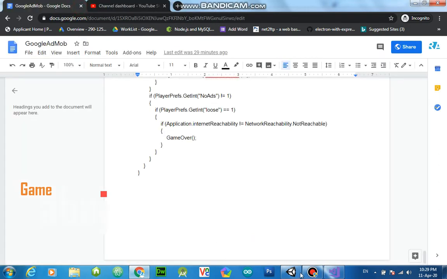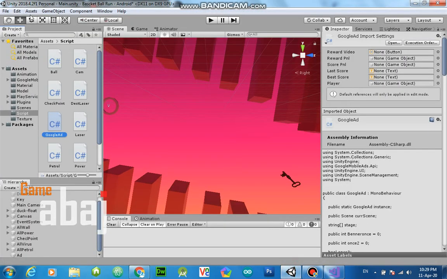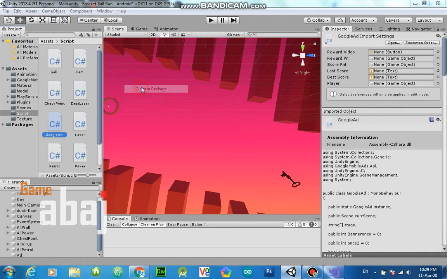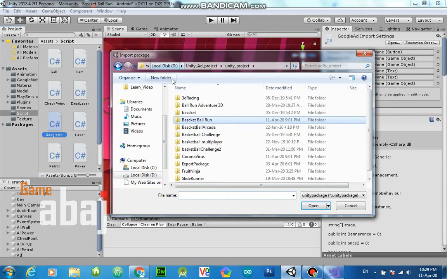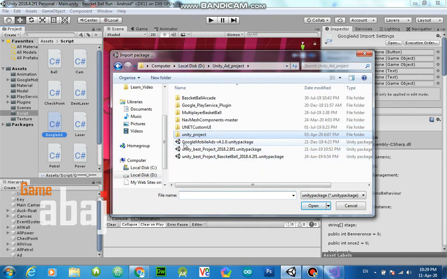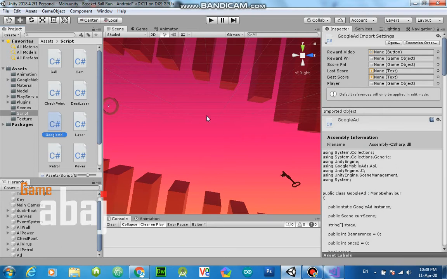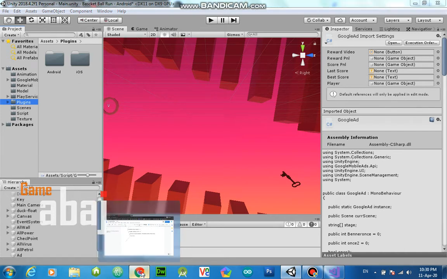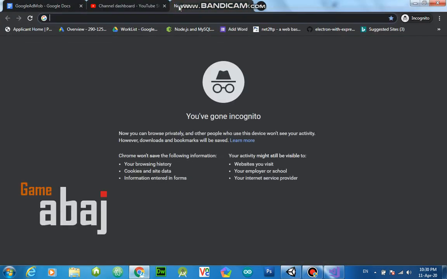I have already imported this plugin, but you can import it from here. This is my plugin. I open it, and after opening, click All and Import. After importing you will have this folder. One more thing you have to do after importing the plugin is go to your AdMob account,